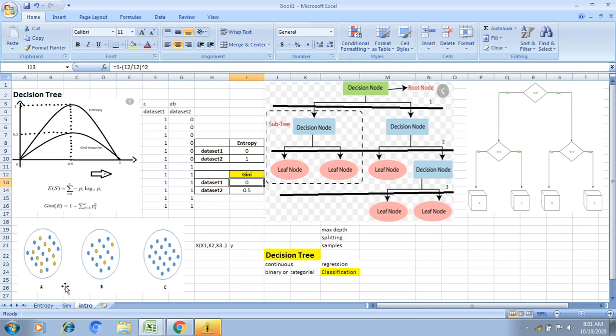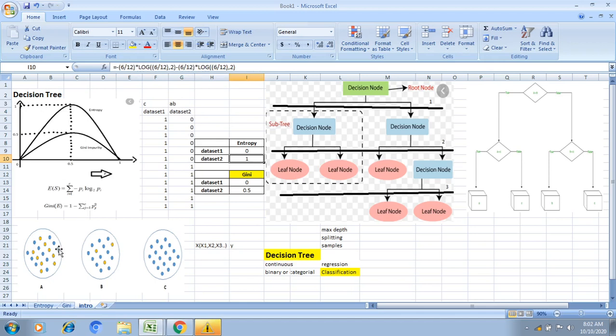Okay, similar way I am calculating for the impure node, what the Gini and what the entropy is for data set 2. Okay, here how many zeros do I have? 6 zeros, minus 6 divided by 12, log of 6 divided by 12, base 2. Similar way I need to calculate for the samples of 1. I have 6 ones out of 12 samples, again log2 of 6 divided by 12. Similar way I calculated the entropy for data set 2, and I got entropy 1. That means I got max entropy.